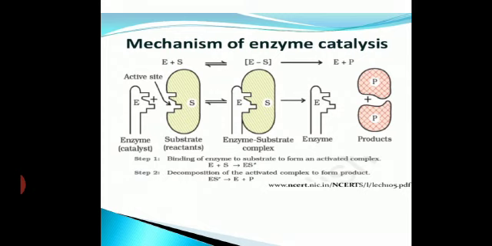So similarly, with any enzymes you cannot react with any substrate. A particular substrate or a particular reactant molecule reacts with a particular enzyme only. Got it? So hence it is known as lock and key. Understood now what is the meaning of the word?